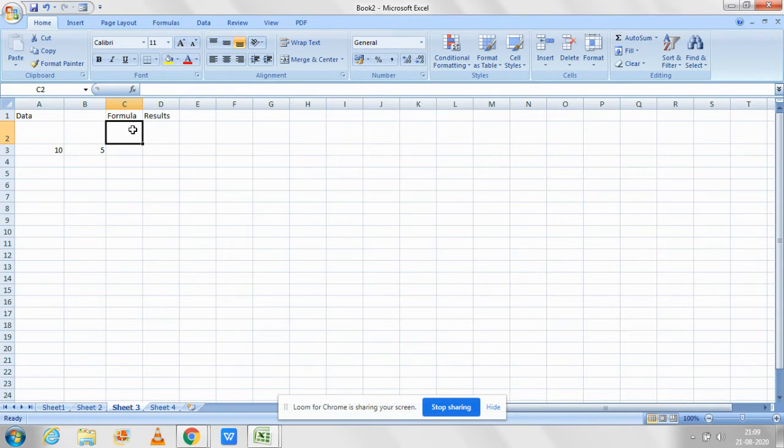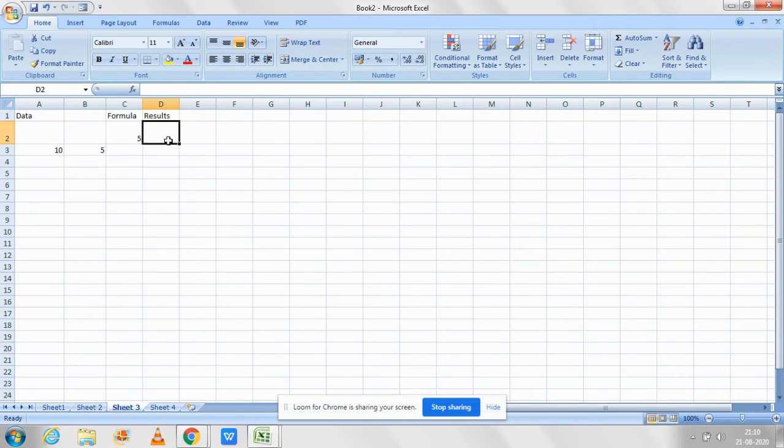Remember always one thing, formula always starts with an equals to sign. Equals to sign, then you have to write 10 minus 5. If you write 10 minus 5, then what will happen? It will give you the 5. So here the formula I have written for you. When you click on this, the formula will appear in the formula bar.